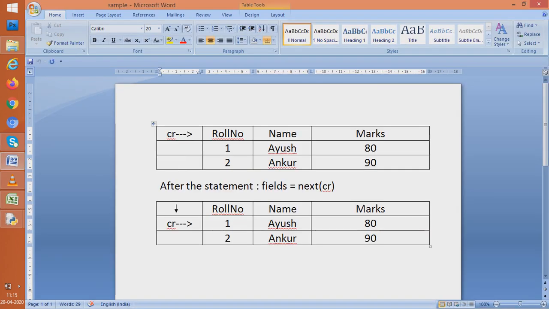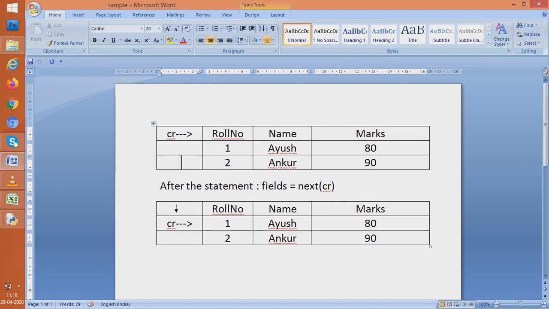So when I use fields is equal to next CR, what happened? CR went down and now points to one, Ayush, not Ayush in our case, it is Amit, and then 80. It points to this row. But earlier, before this line executed, it used to point to the header row: the roll number, the name, the marks.